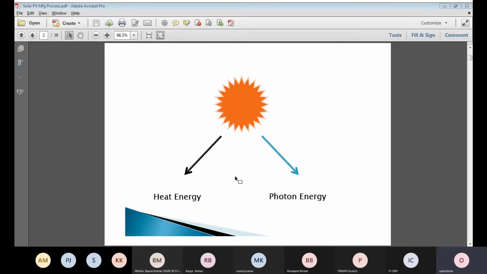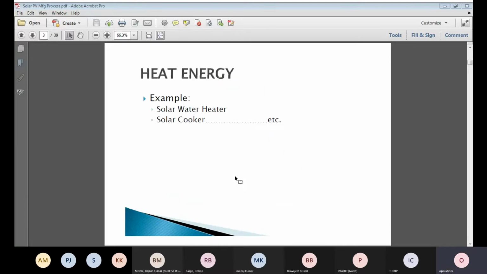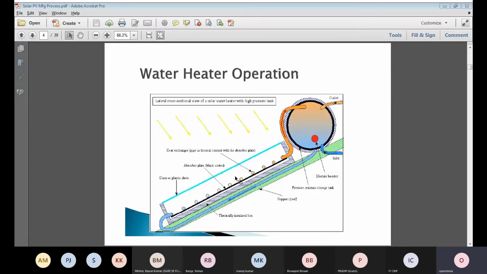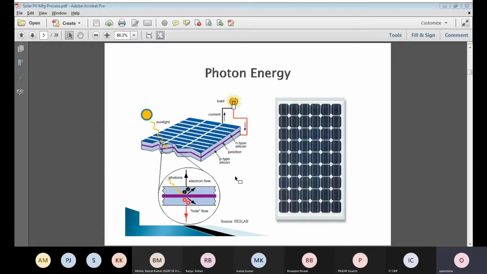Heat energy is used for solar water heating systems and solar cookers. That is thermal-related applications. And coming to the photon energy, it is electronics related, meaning solar PV modules come under the photon energy subject. That is photovoltaic modules, PV modules. This is an example of heat energy, water heaters and cookers. This is the basic operation of a heater, which is not related to our subject, so I can skip this. So coming to the photon energy,